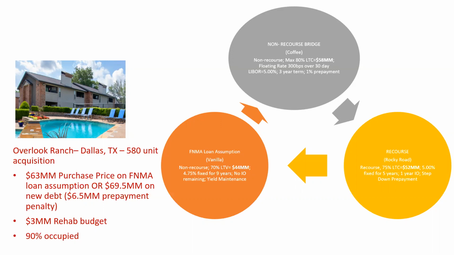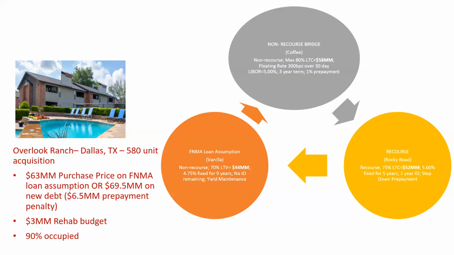And so I actually had a buyer who came in on the loan assumption, and they decided to go with the guy with the non-recourse bridge. So his price was a little bit higher. They went with the non-recourse bridge guy, and everything looked good. And then essentially at the end of the transaction, the non-recourse bridge guy ended up pulling out just because of all the COVID, in terms of what we're going to talk about later, in terms of what's going on with the market. So the buyer actually ended up backing out of this deal.